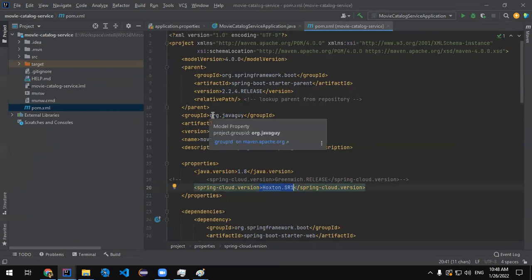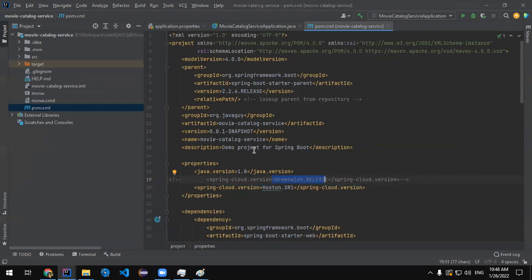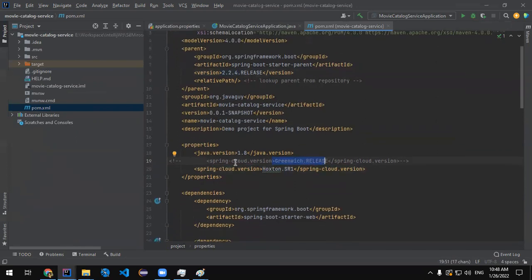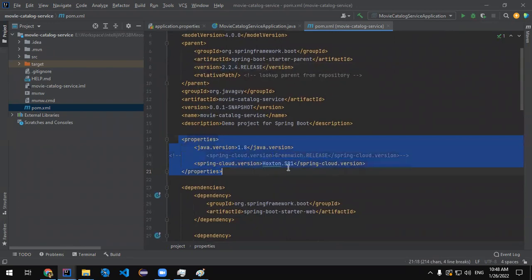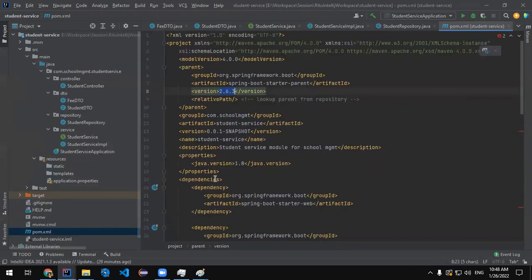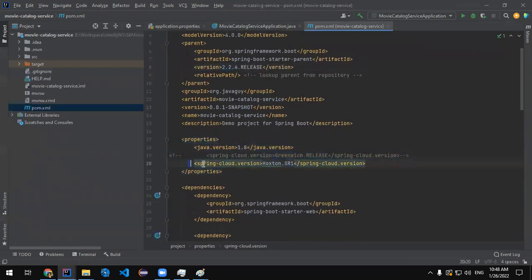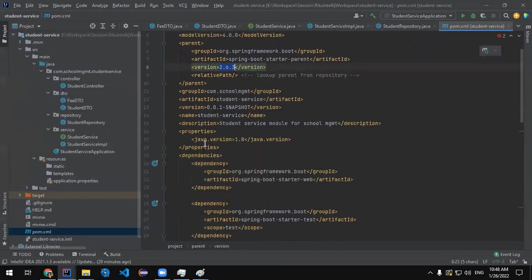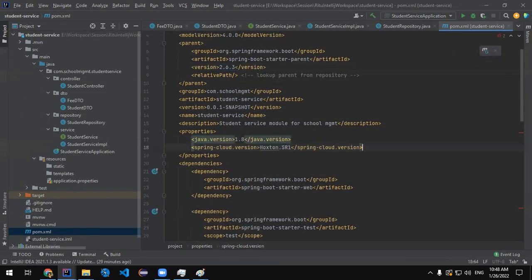If you're using 1.x of Spring Boot, then you should use Spring Greenwich. Lots of things got messed up when I was working on this, but now it's fine. I don't need to copy everything, just this line. Copy it, paste it,